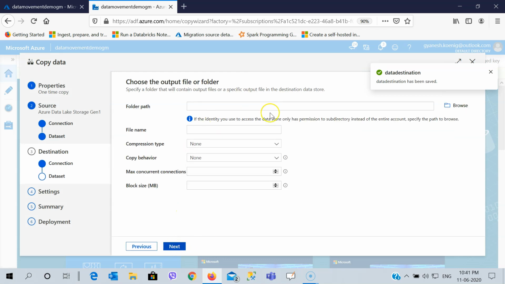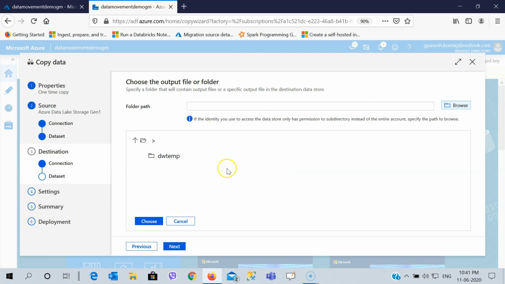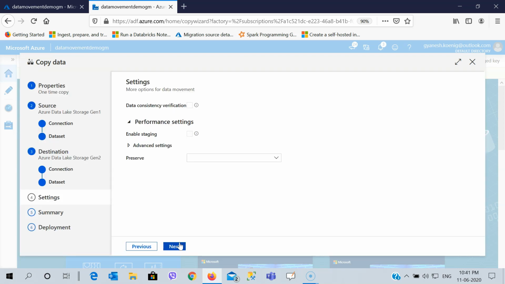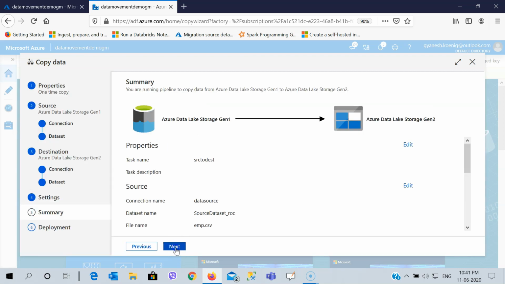Click next, and now you need to give the folder path where you want to save the data. So that's the folder path where I want to copy the data. File name, I'm going to keep it the same, emp.csv only, and then I'm going to say next. Then again next, and then next.